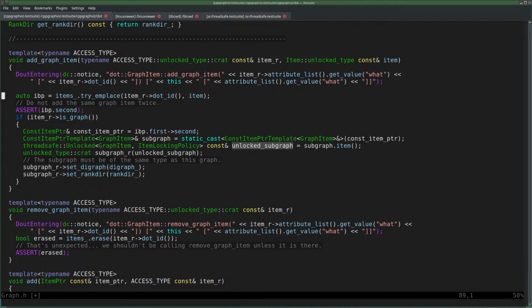Here it is being added. The graph has an items member variable, which is a vector, adding the item. If the item that we just added is a graph, then